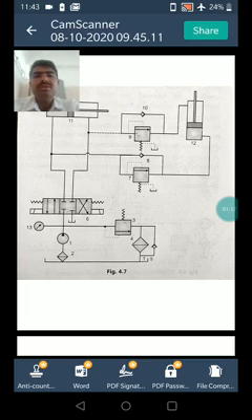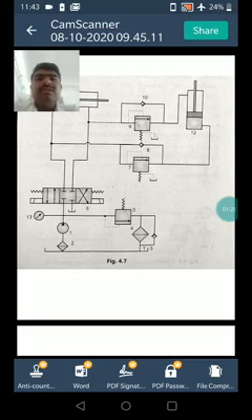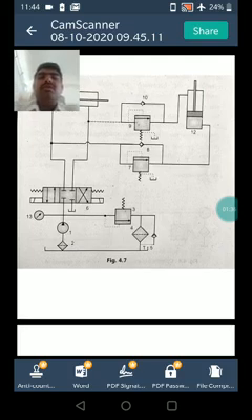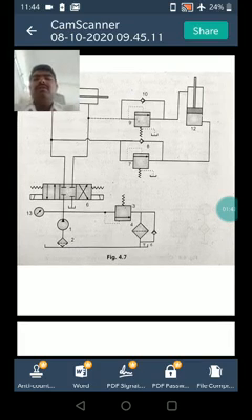Obviously, these machine operations must occur in the proper sequence established by a sequence valve, as shown in the figure. A sequence valve causes the operations in a hydraulic circuit to occur sequentially. Okay, figure 4.7 is an example where 2 sequencing valves are used to control the sequence of operation of the double acting cylinders, that is 11 and 12.